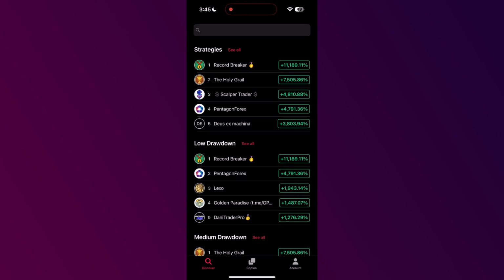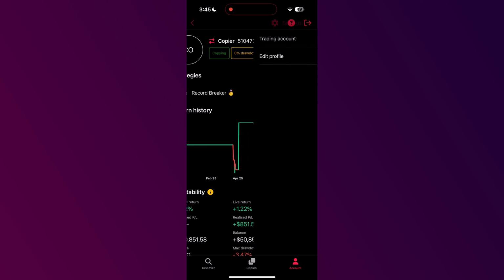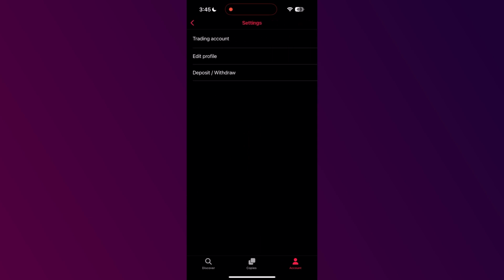So how to provide signals on the copy trading app. What you want to do is load up the app, and if you click on account down here, you can see currently I've got a copier selected. Now what you might want to do is go to the settings here and click trading account,